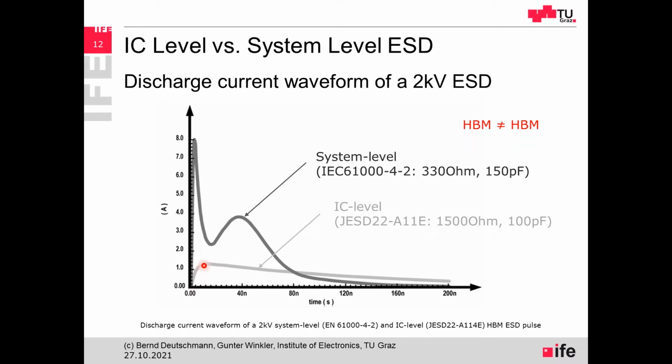And on the IC level, you can see the discharge current looks like this. And on the system level, you can see the two tips that I've tried to explain before. And the most important difference is really the way the test is done. On the IC level, we are usually testing the IC unpowered, not fully operative, and we are testing just if it survives the test, if there is a destruction or not.